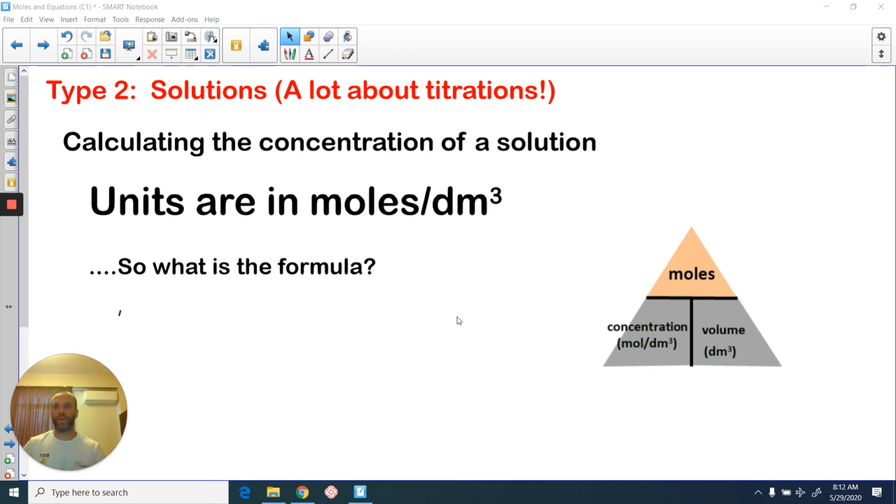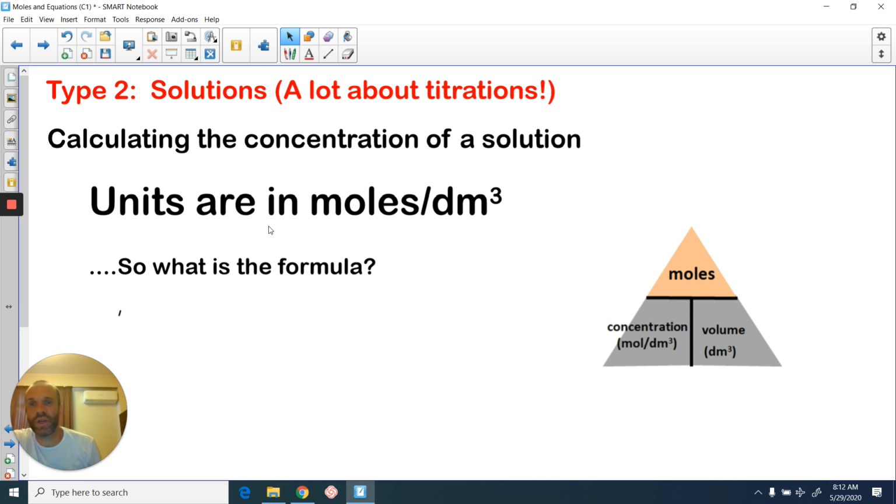Okay, good morning. So in today's lesson, we're going to be starting to look at calculations that involve using solutions and the idea of changing concentrations. And this will happen when chemical reactions take place in solution. Okay, so the key point is that you're going to be basing your calculations that involve concentrations and solutions around this